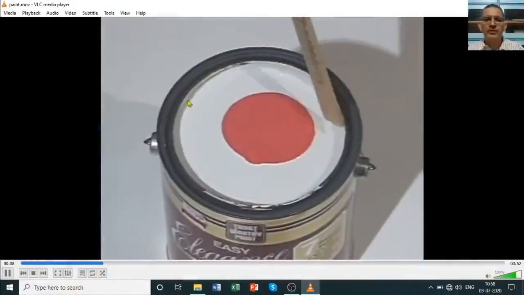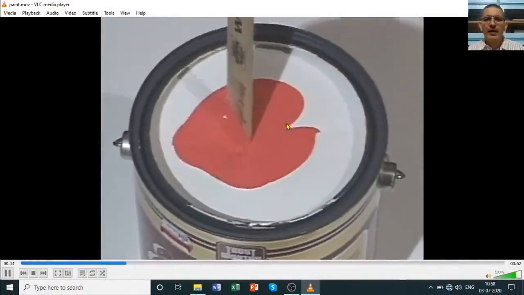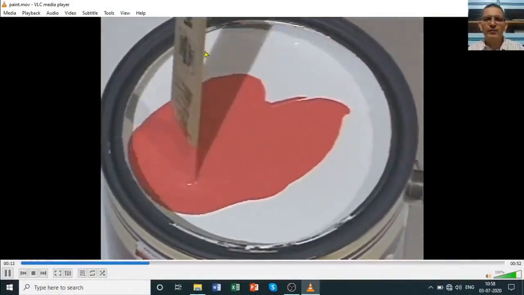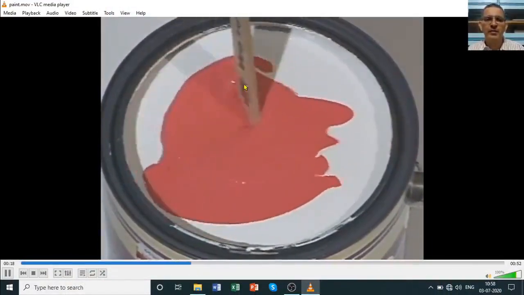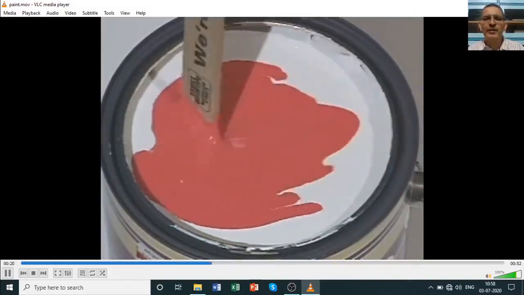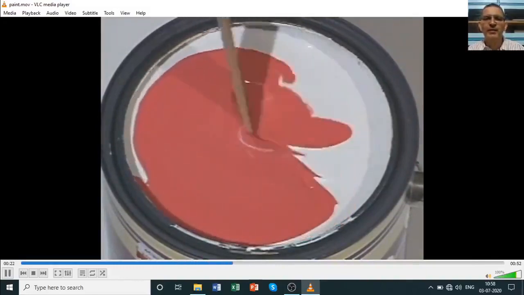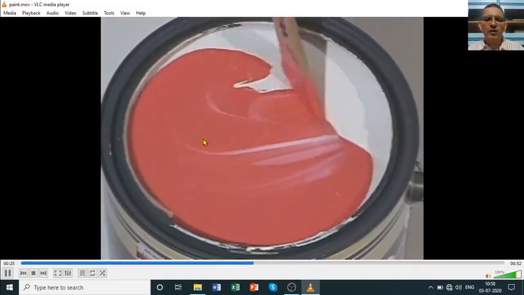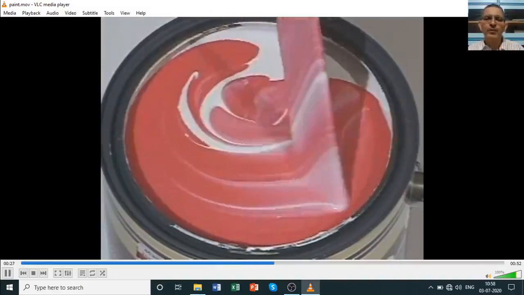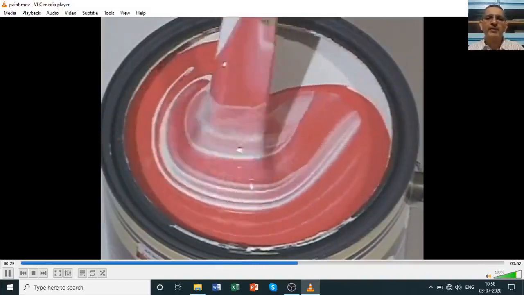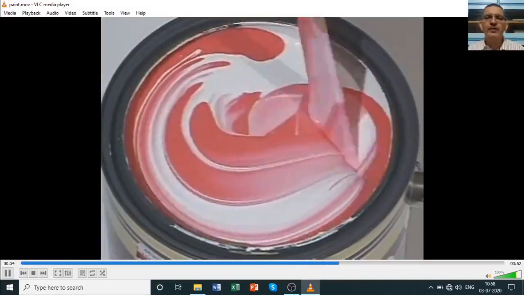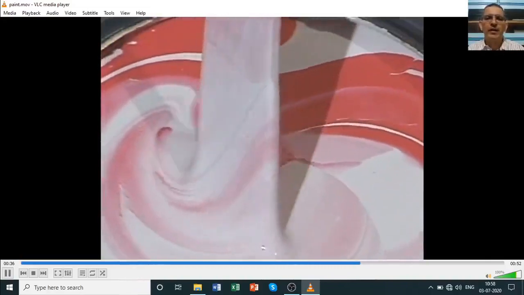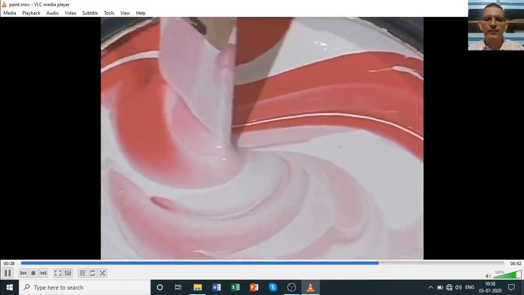Okay, so this is a bucket of white paint, and a red paint is poured, and with a wooden ruler or a handle, if you like, a wooden stick, you are trying to mix the red paint into the white paint. Now all along while you see this, try to contrast this kind of mixing with what you saw when you were trying to mix milk in a coffee,